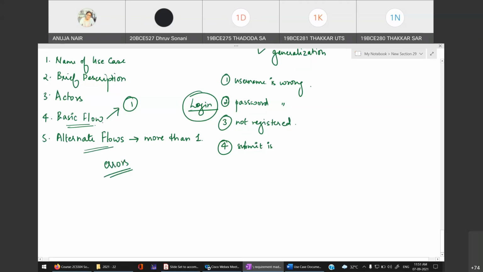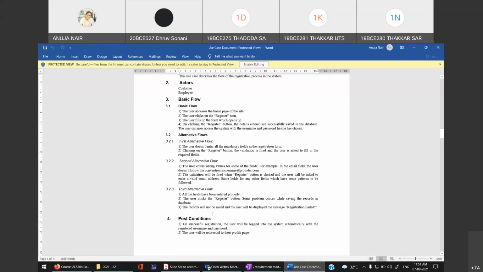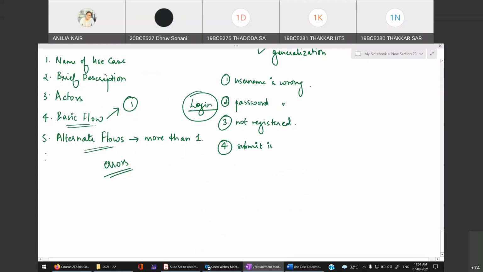So when you are giving use cases, you need to give use case specifications as well, because whenever a coder is going to implement this, all these alternate flows would be checked. What if the first alternate flow is happening, what do I need to code, what if the second alternate flow is happening, what should I do? That's why we write these alternate flows, right? And then you have two other things. First is precondition, and next is postcondition.